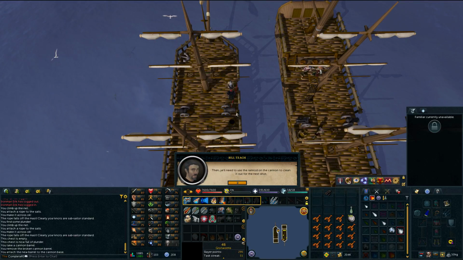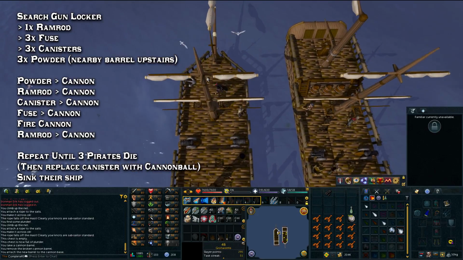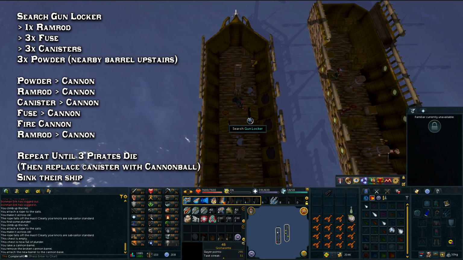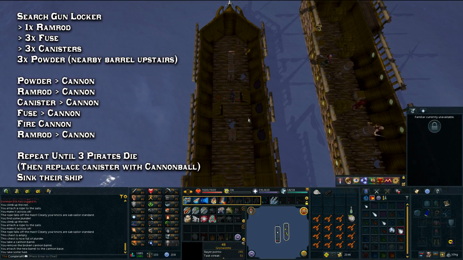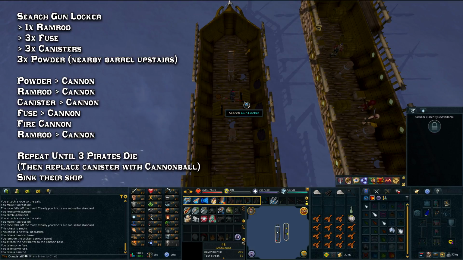So this next section is a large chunk of the quest itself, but essentially we now need to kill the 3 crew members wandering upstairs and then sink their ship. So to do that you want to head back down, go to the gun locker, pick up 1 ramrod, 3 fuses, 3 canisters,